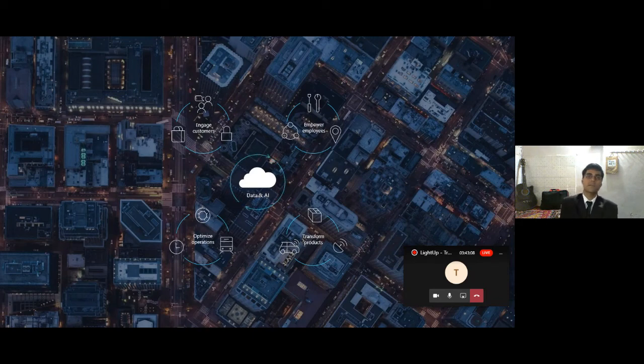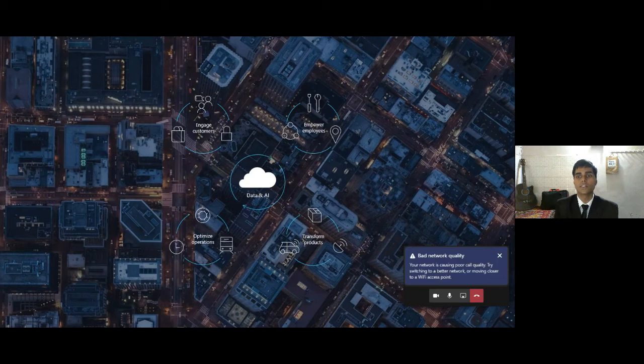Then empower employees, like empowering employees using various location-based services, and helping them out with various tools and applications that they require. This is something where data and AI are playing a very important role. Again, optimizing operations, like setting out various appointments, setting out various WFTs, like workforce transformations. These all are coming into the picture for optimizing various operations, and that's how data and AI, again, data scientists are working on this data part and helping a lot.